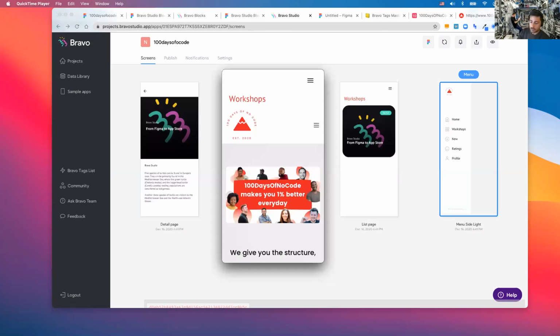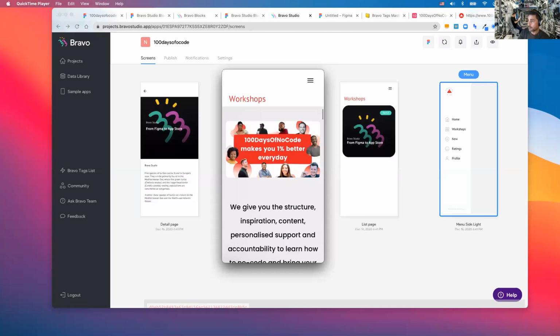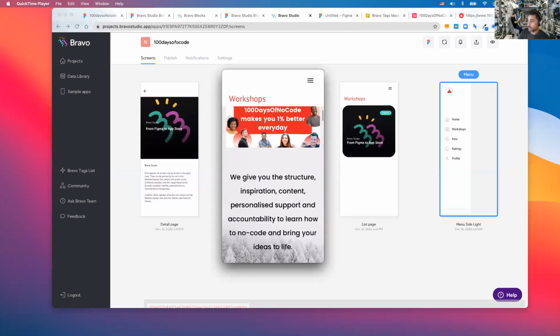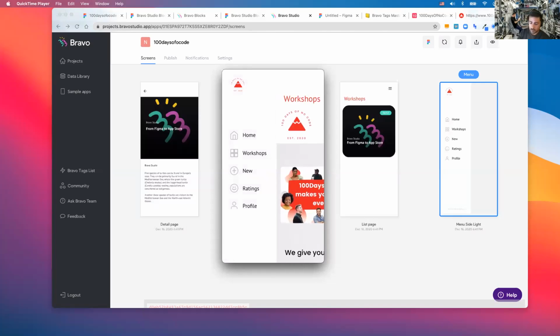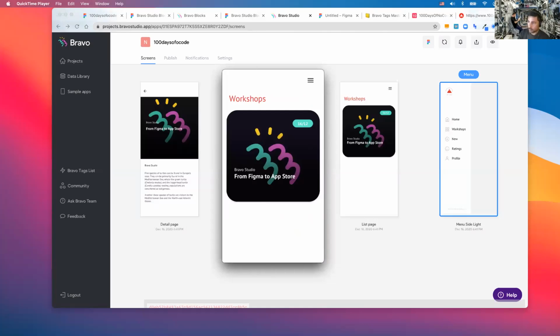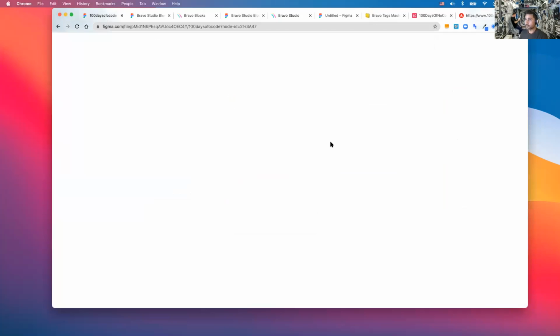And there you go. I can see that the web view is working properly. And let's do the sliding menu. It has that bouncing effect a little bit as well. I will go to workshops. I will see what's in my Figma file. If I go inside, you see, I forgot to connect this in my Figma file. So let's go back to the Figma